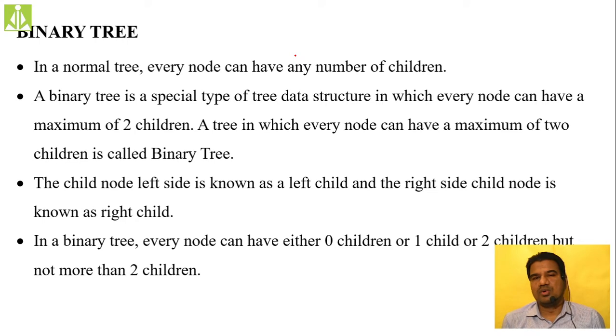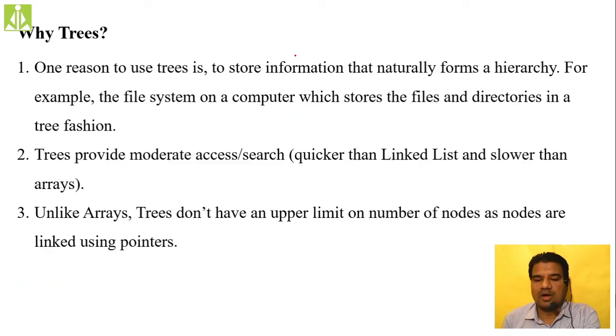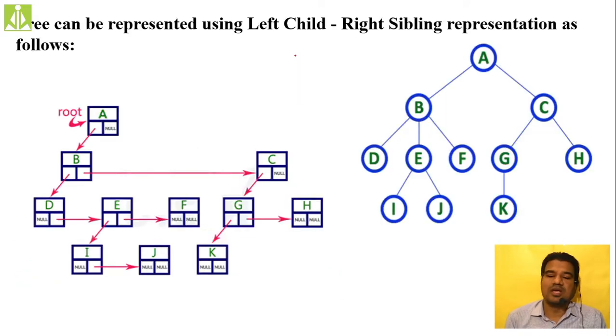So every node in your tree data structure can have any number of children. There is no limitation on that. Let us see one simple example. Over here, the A node is the root node of your tree, and how many children does it have? Two children, B and C. The root node has two children. That count I am writing over here.